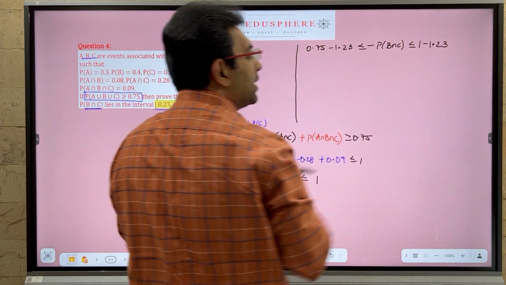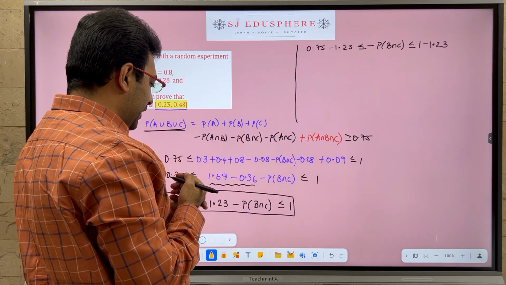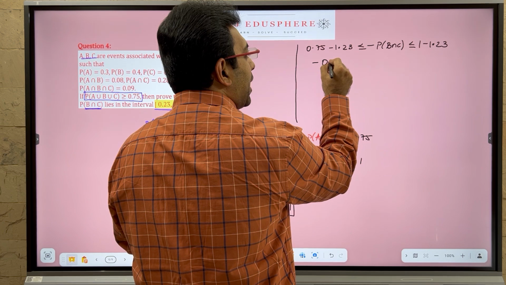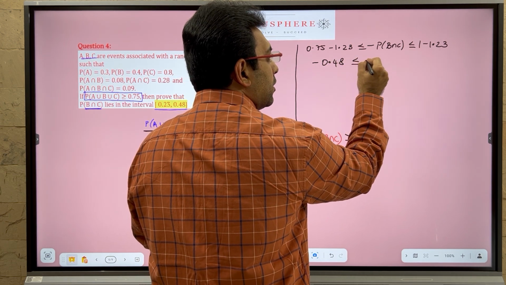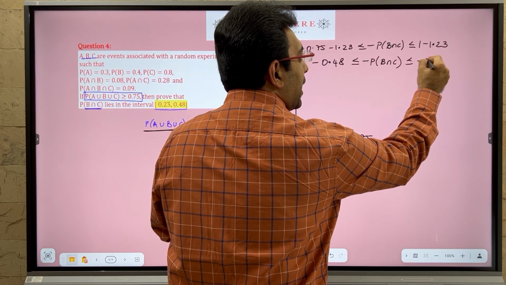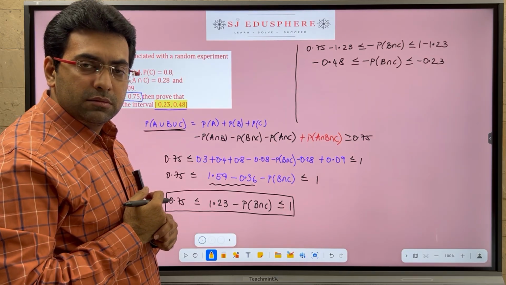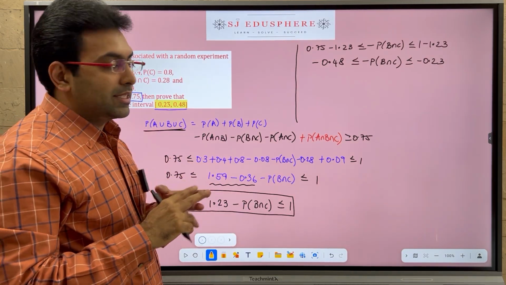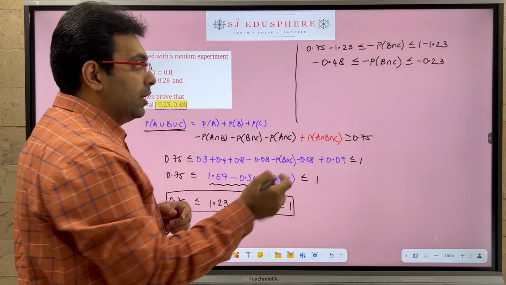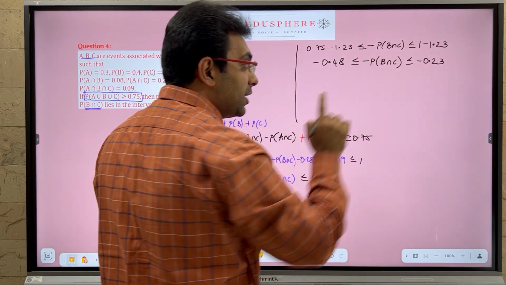Minus 1.23. So 0.75 minus 1.23 gives me over here 25 and 23, that is 48, so minus 0.48, minus probability B intersection C, minus 0.23. So do we say minus minus cancel? No. Two reasons. It is an inequality. And even if you go ahead to cancel, you will have 0.48 is less than 0.23, which is not in